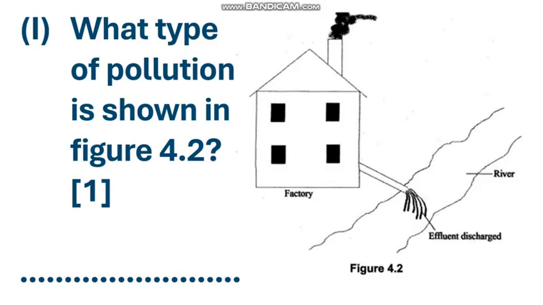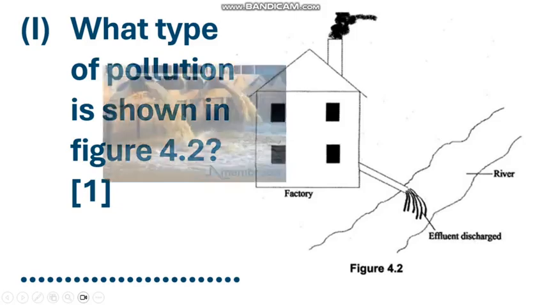So first of all, you have to be careful in terms of answering this question, because you have been told that this is a factory, and this factory is producing smoke, and this smoke is composed of different chemicals. Then the same factory is discharging the untreated effluent into the what? Into the river. Okay, so what type of pollution is shown? So first of all, when you take a look at